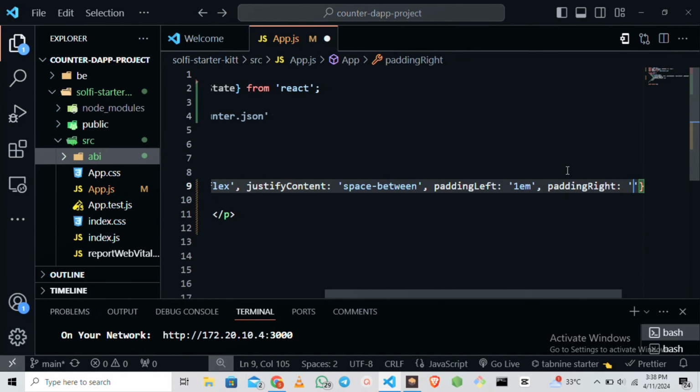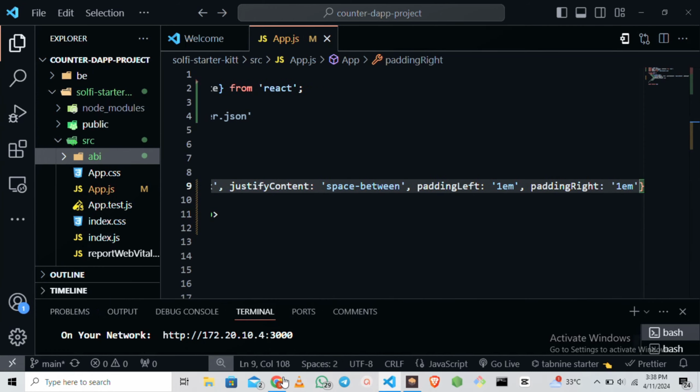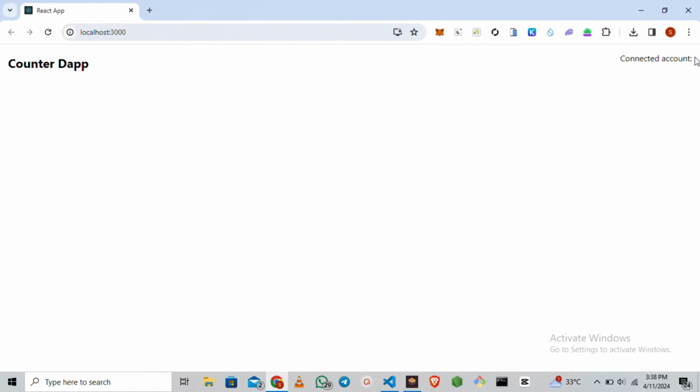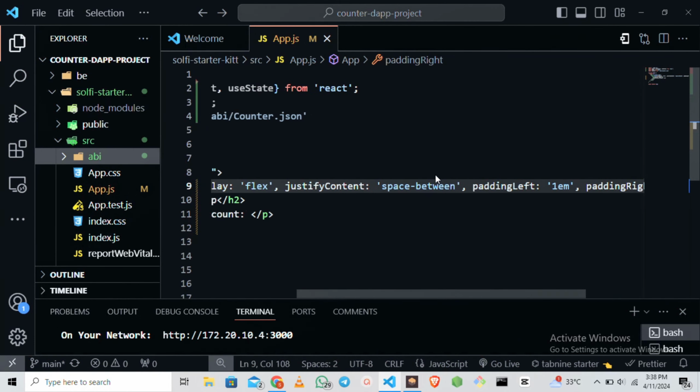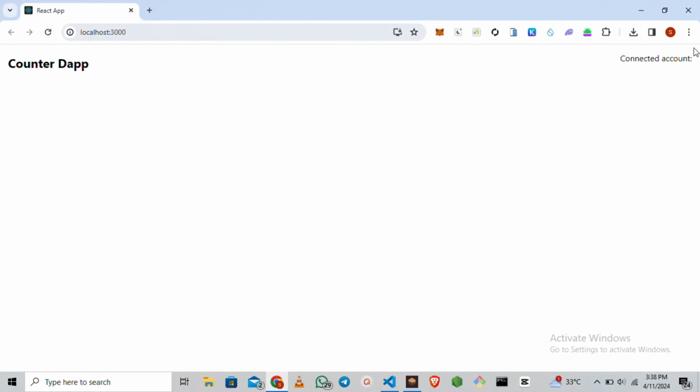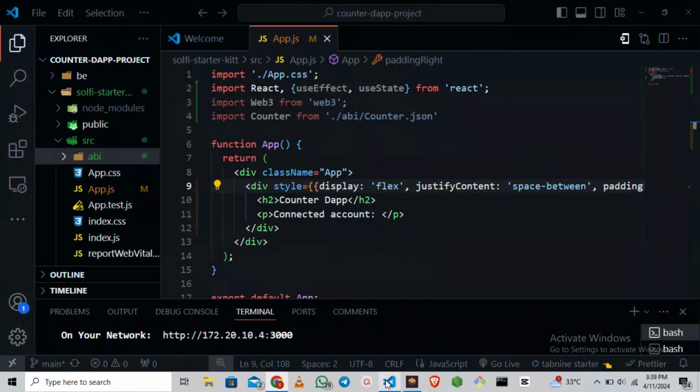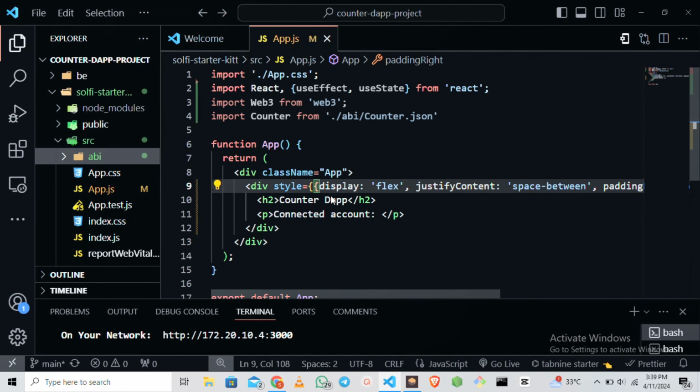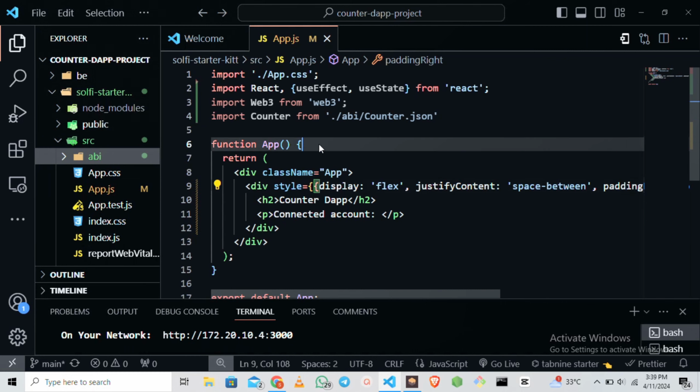So padding right is also going to be 1em. I just want to push it away from the edges. Okay, so this is looking okay. So once we are done with the implementation of the backend and the front end, you'll be seeing our account displaying here. So what we're basically going to be doing next is we are going to load our web3, and we are loading our web3